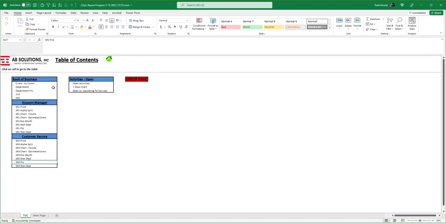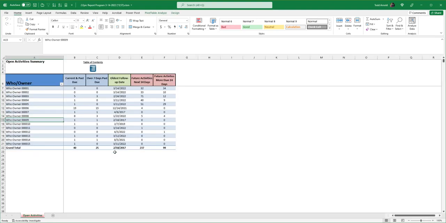Finally, on the output, we have the activities. Really, this is just my obsession. It's showing us the total number of open activities that each person has out there: how many are currently on their home base screen, how many of those are over 7 days, and then ones